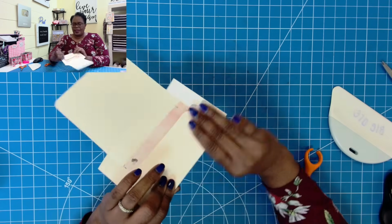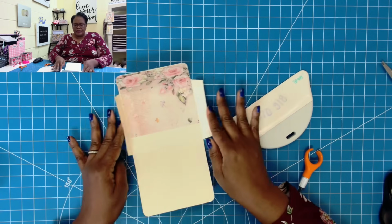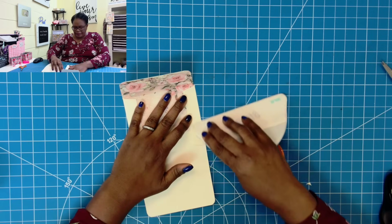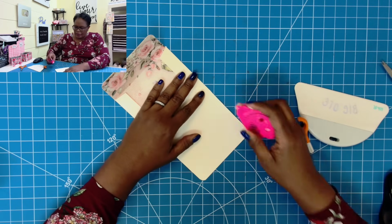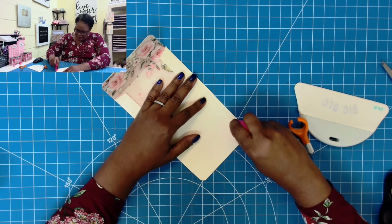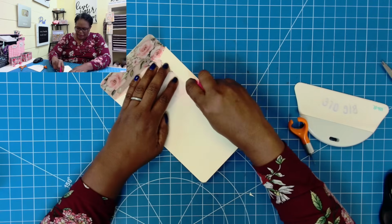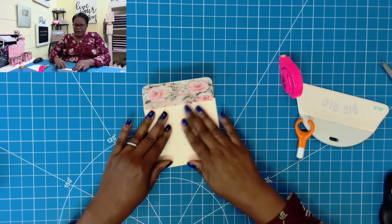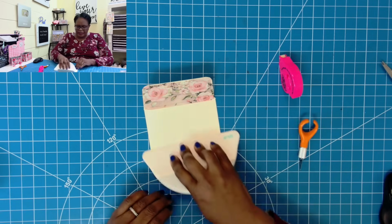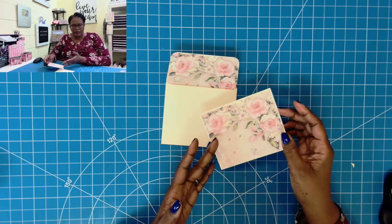So now I'm going to take the top flap and just fold it over like that. And then I'll fold these two pieces in. I'm going to take my tape, place some tape there, some tape there, a little tape there. And you can use glue on this part, and I normally do, but my tape was handy, so I just went with that. And so now, just like that, I have another beautifully lined envelope to go with my beautiful